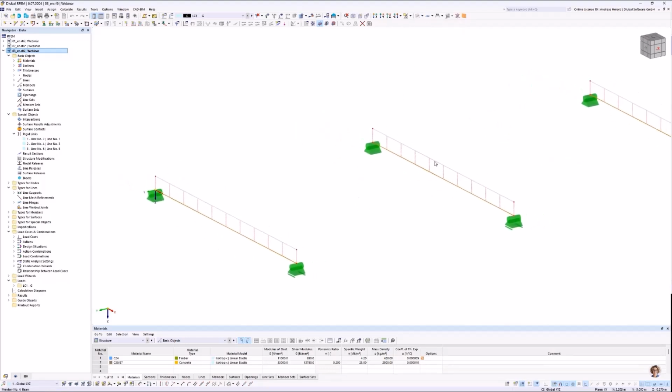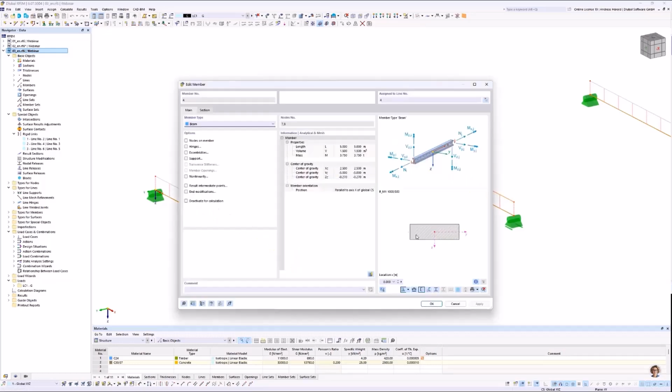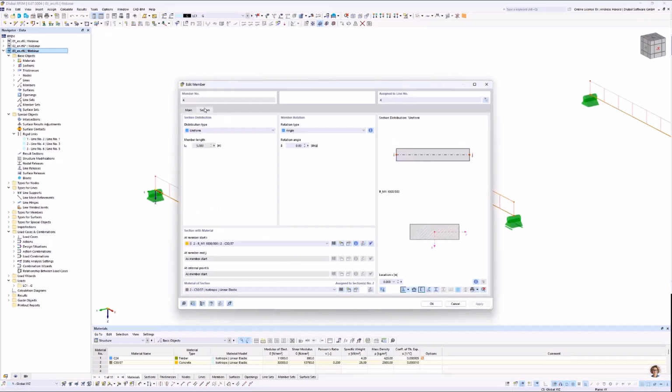We have two members without any eccentricity. The center of the member is in the middle of the member. This is a member of 1 meter width, and the thickness is 300 millimeters, concrete,